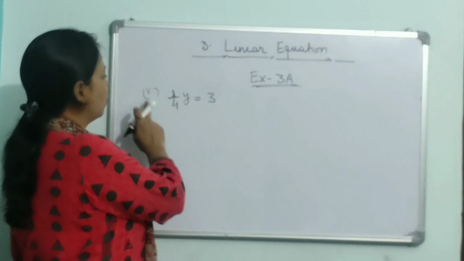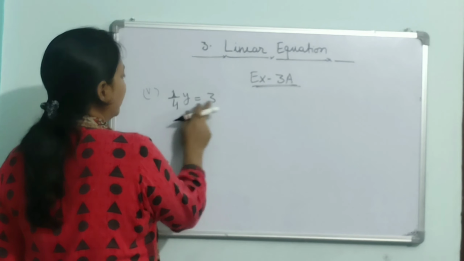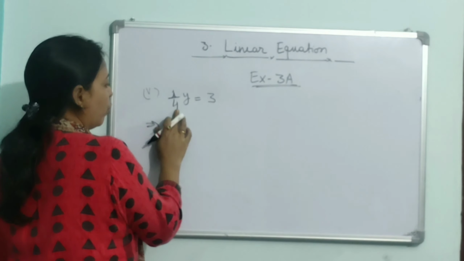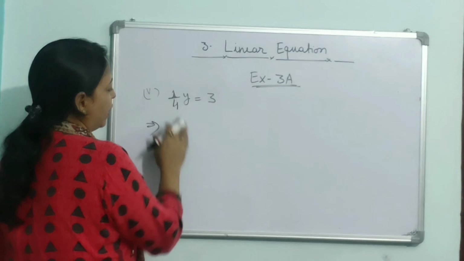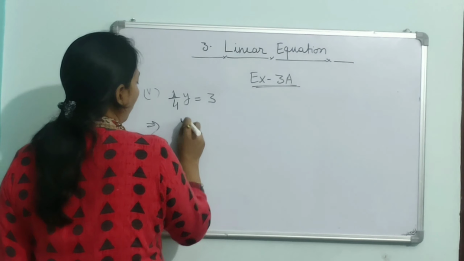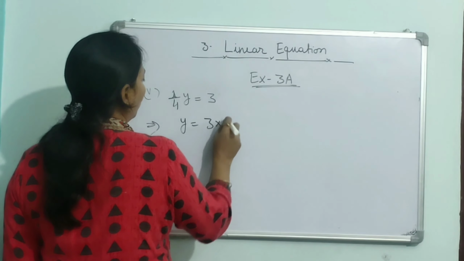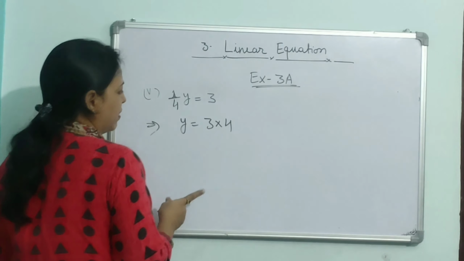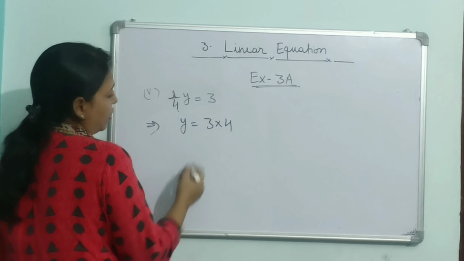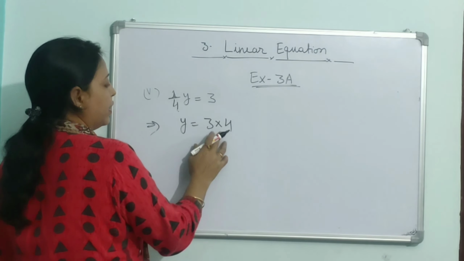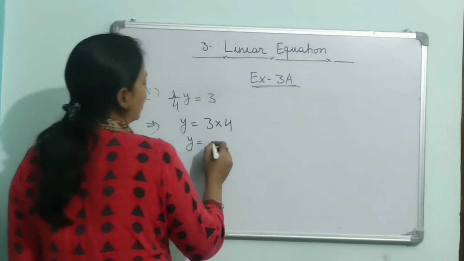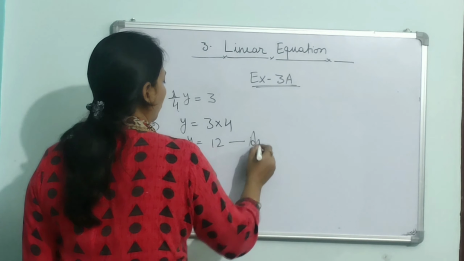Next question is question number 5. 1 by 4 y is equal to 3. Just like the previous question, here this 4 we have to transfer on the other side, and it is in division, so it will come in multiplication here. So y is equal to 3 into 4. 1 into y will remain the same, so no need to change that. You just shift this 4 on this side. So 4 is in division, it will go here, it will change into multiplication. So now y is equal to 4 3s are 12. This is your solution.